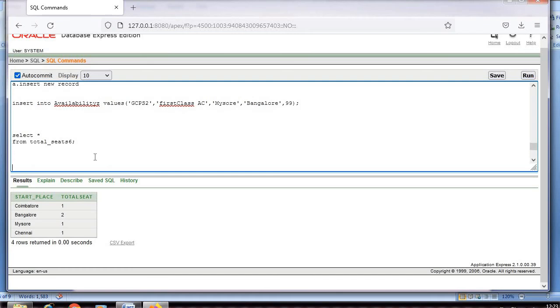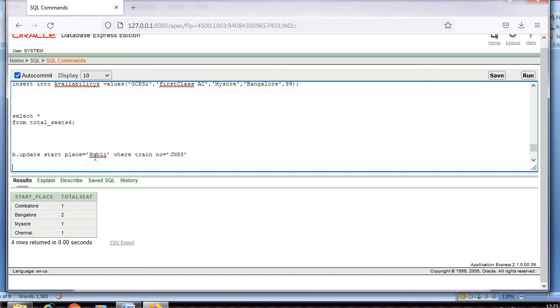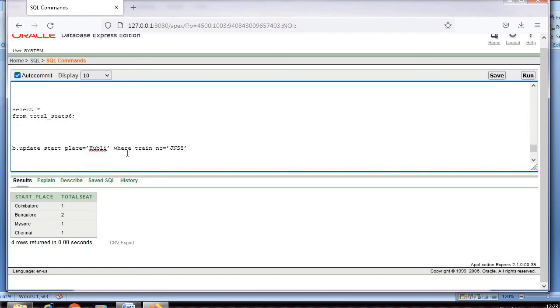We'll go to the next query, that is, update start place to Hubli where train number is JNS8. First I'll write the query and then I'll explain.